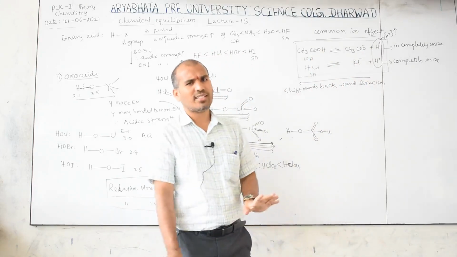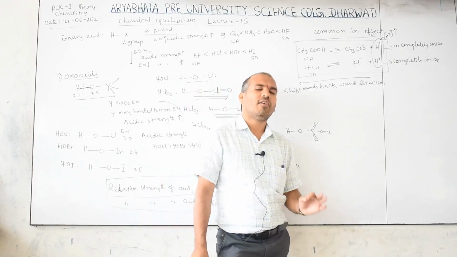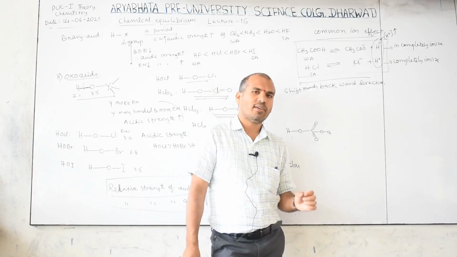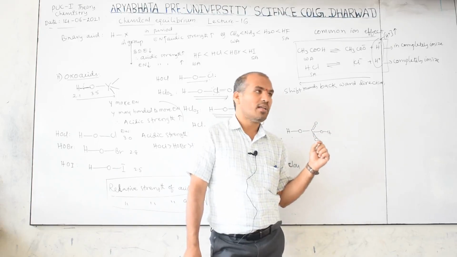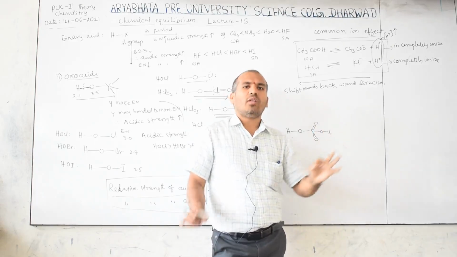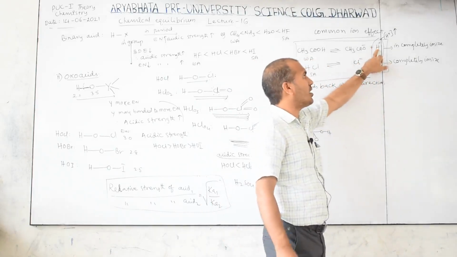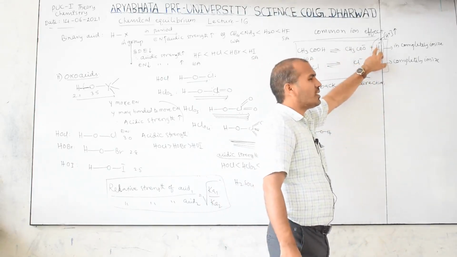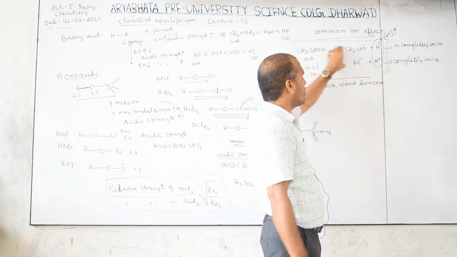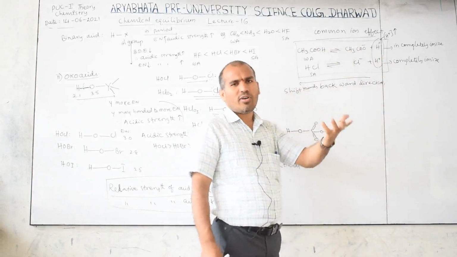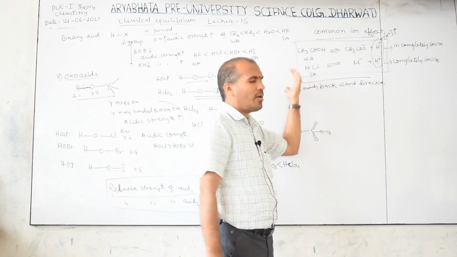So once again I am telling you, note down this definition. According to the textbook there is no real definition, right? Actually in the definition, the shift of equilibrium is because of the addition of a common ion-containing electrolyte which is already involved in the equilibrium. This ion is common. To this already involved ion we added this, then what happened? Equilibrium shifted backward. Sometimes it may be forward if the common ion is on the reactant side.